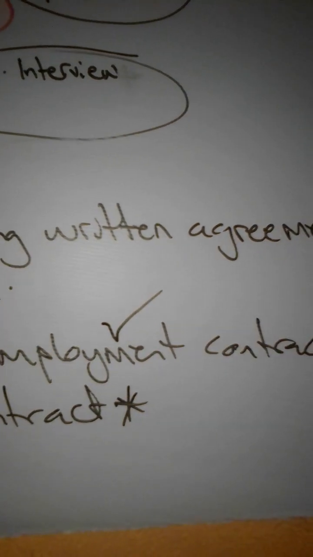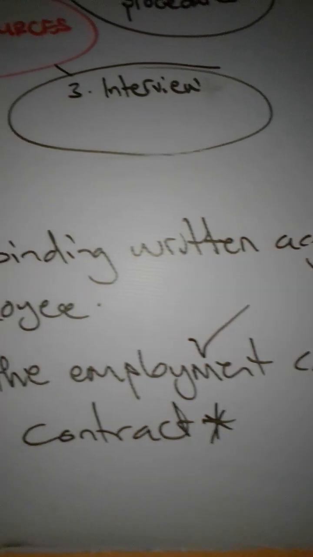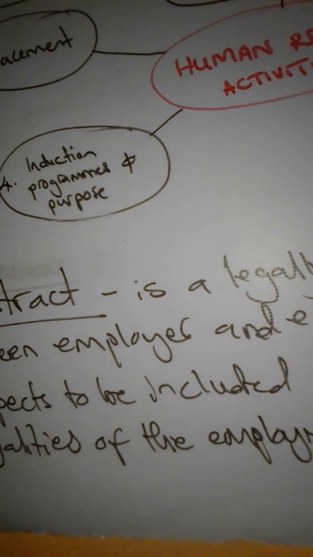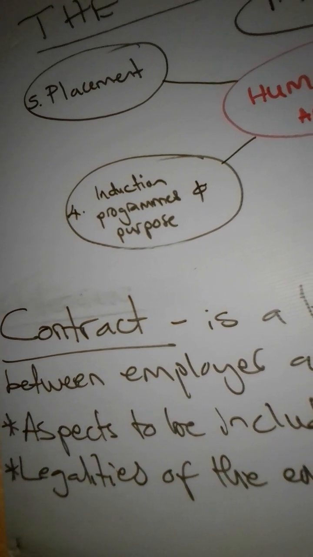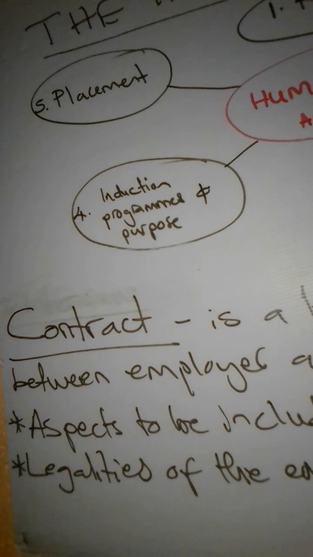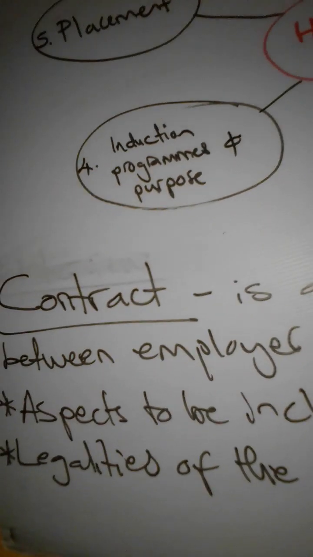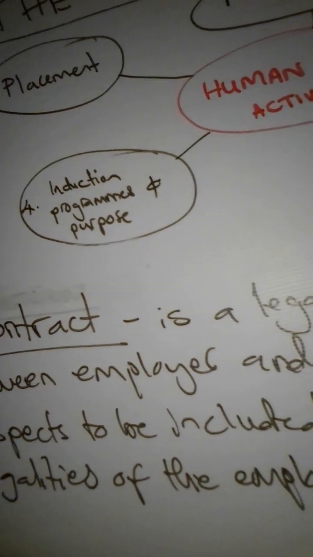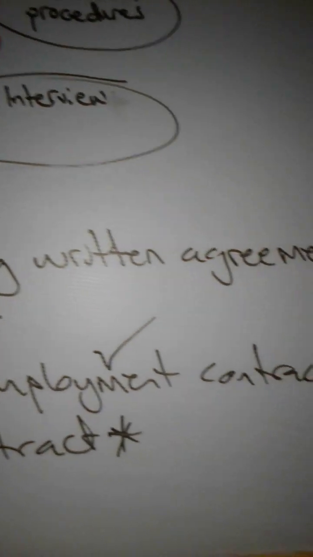What should be included in the employment contract? These are some of the questions that you find in the examination for a lot of marks. The first thing: the name, the address, the contact details of the employer, personal details and address of the employee, the job title, the job description, we've already discussed those, the job specification, working hours, e.g. the normal time and the overtime, your salary. Of course, you would need to know how much you are going to be getting at the end of the month, the termination of the contract, and then leave conditions, the signature of both employer and employee.